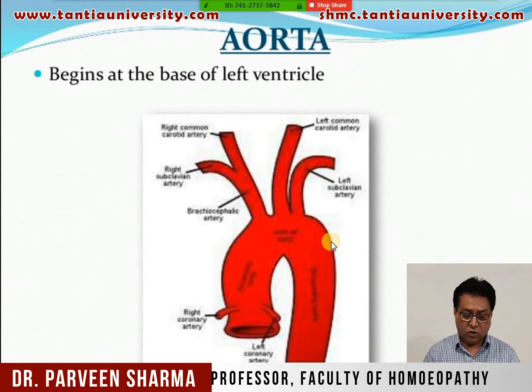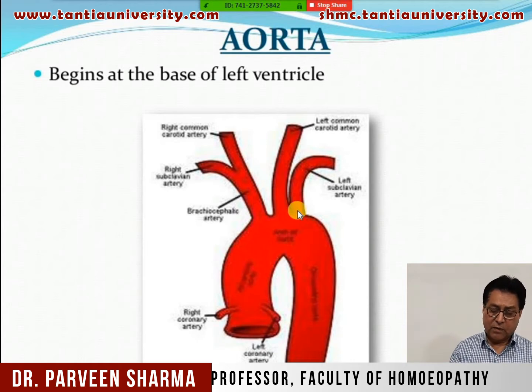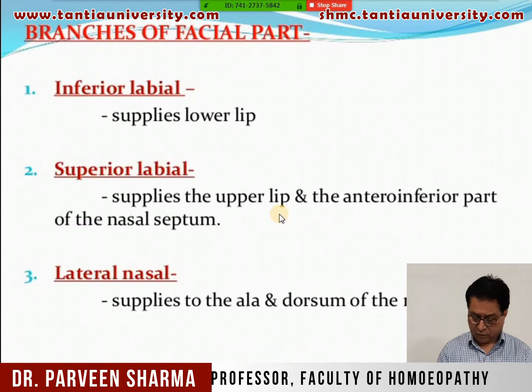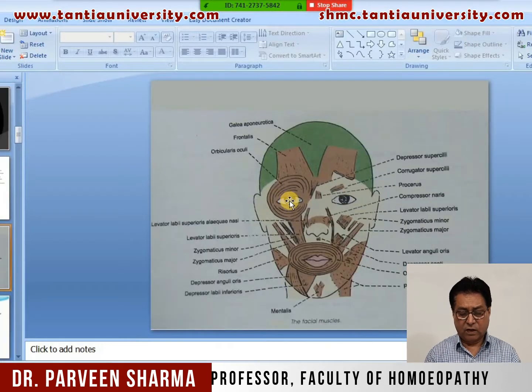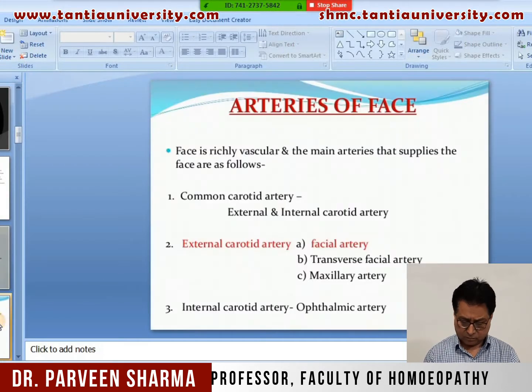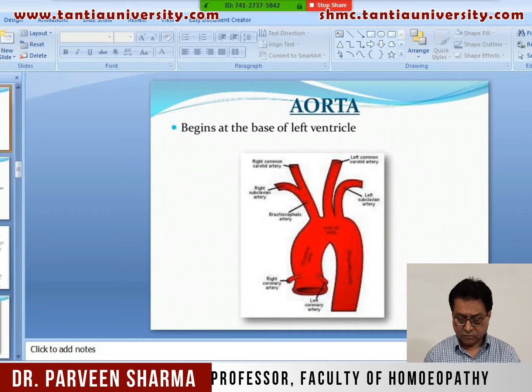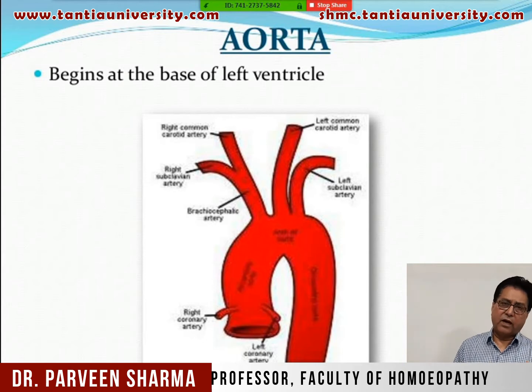So before you should know as an anatomy student, this is the arch of aorta, which is continuation of the ascending aorta. From arch of aorta, 3 branches. You have to remember in anatomy, from arch of aorta you have 3 branches, which are brachiocephalic trunk, then you have left common carotid and left subclavian. Then brachiocephalic is again divided into right common carotid and right subclavian. Okay, so common carotid has 2 branches, external and internal. Internal goes inside the skull and external supplies structure over here.